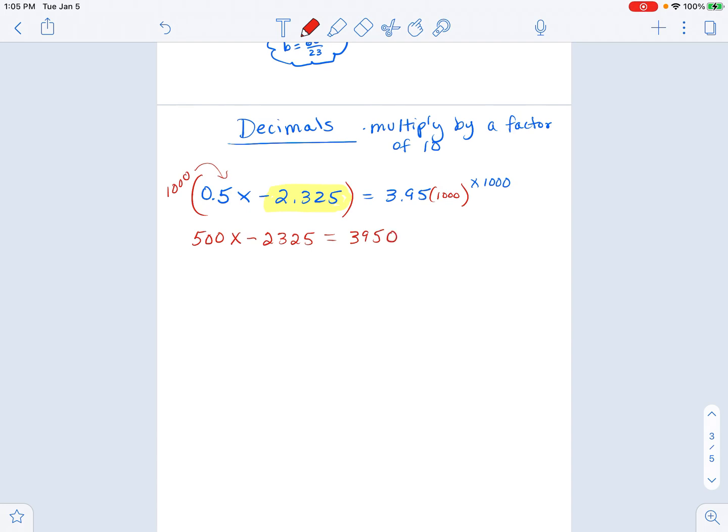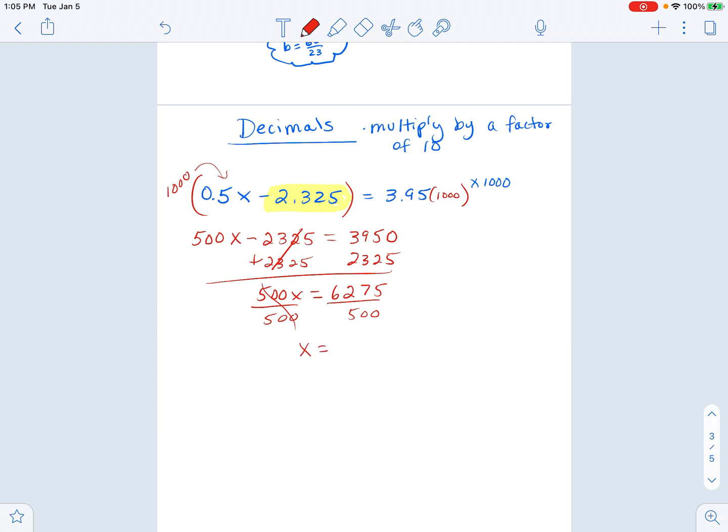3,950. Now, you'll notice what I have essentially done is I've eliminated all the decimal places in this problem. And I can just follow through and solve it through my normal procedure. So if I add 2,325 to both sides, that'll eliminate those, and I'll get 500x equals 6275. And then lastly, divide by 500,